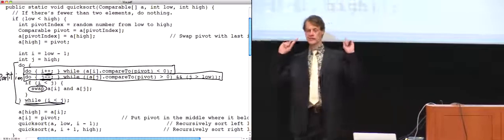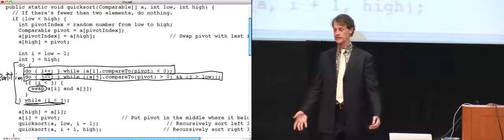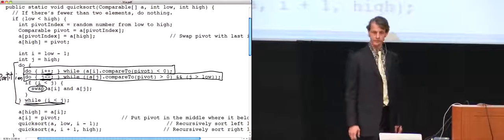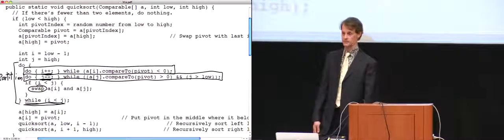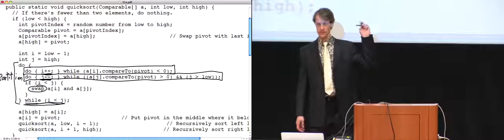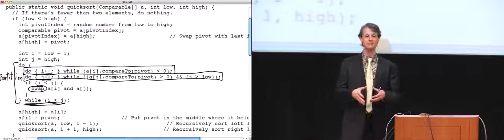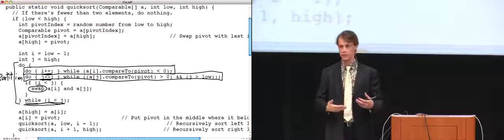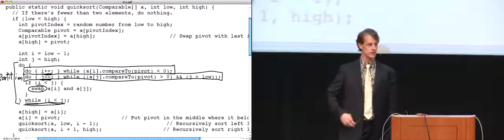And that really is the secret to why Quicksort is considered to be the fastest of the n-log-n algorithms and is used a lot in practice. So again, when you're reading the lecture notes afterwards, study the pseudocode and make sure you understand how the whole thing works, but especially focus on those boxes. That's the reason why this is so fast. It's just because the simplicity of the inner loop beats the simplicity of the inner loops of merge sort or heap sort, which have much more complicated inner loops.